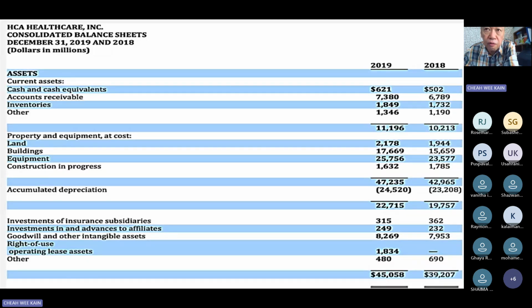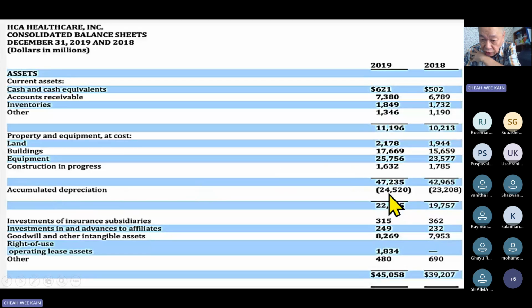Now, what happens if you are a company that's dealing with selling of buildings, selling of cars? If that's the case, those assets will be under your current asset, because you are doing that business of selling land or selling buildings. You buy land and you sell land. This will be under your current asset. It's those assets that you do not sell within 1 year that are called the fixed asset.